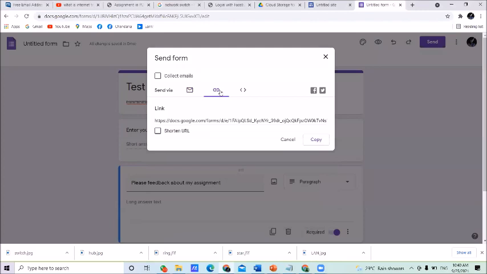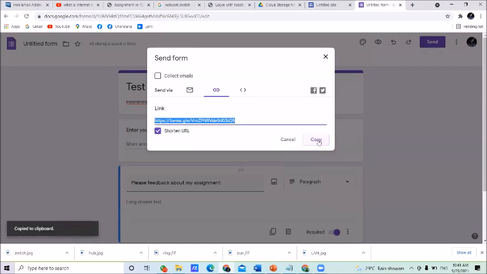Once you click here, your shareable link appears. Then you can shorten this URL by checking here. Now you can find the short form of your URL. Now you can copy this link, and after you copy, you can paste it into your friends' WhatsApp groups or whatever shareable application.